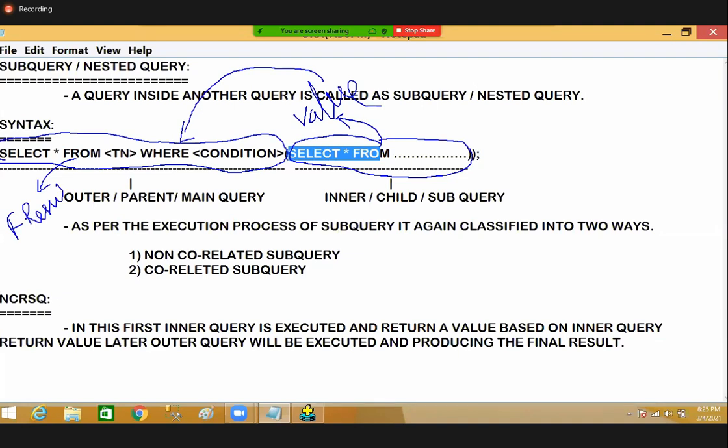This kind of execution process is called as